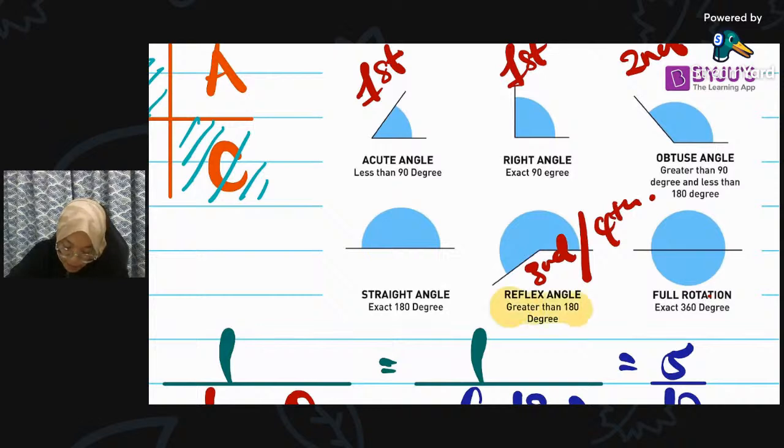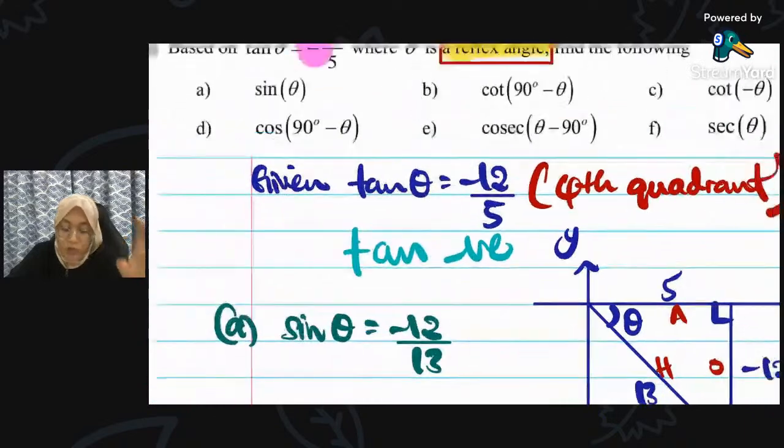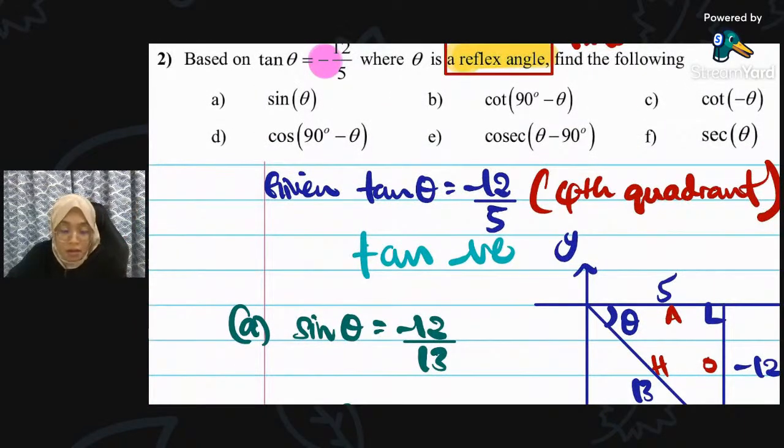Reflex angle is greater than 180 degree. Bermaksud dia berada di 4th quadrant and the 3rd quadrant. Jadi tak perlu lagi fikir tentang kuadran yang kedua dan yang pertama. So you straight away know by having this information, you know that reflex angle